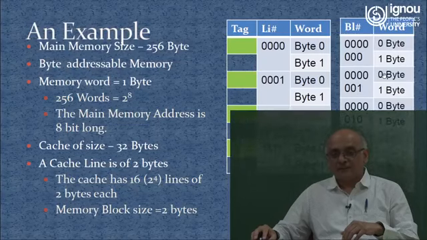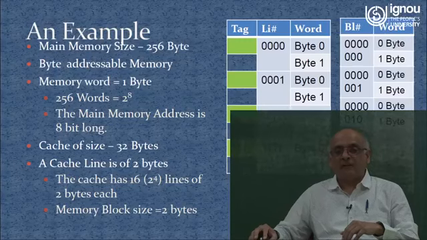That is 0, 1, 2, that is what you can see. This is going to be 3, which is 0, 0, 0, 0, 0, 0, 1, 1. So this is the third location, and like that. This is how our addresses are arranged. And the cache addresses are the line numbers, and the size of the cache is 32 bytes.